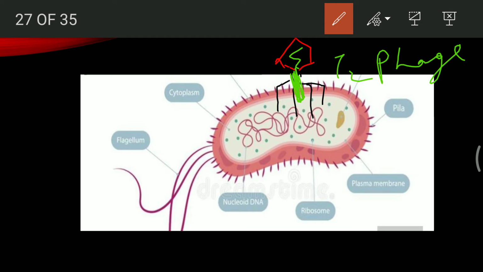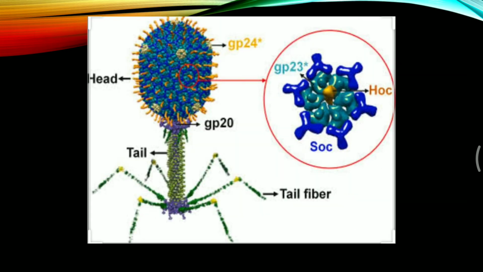So after a certain period of time, the entire E. coli cell starts making only the T2 phage, and the entire cell bursts open and explodes with a huge amount of T2 phage. And in this way, the infection is forwarded to the entire organism, or it can infect other organisms in the same way. Now, the experiment was done with the help of this T2 phage, you all can see.